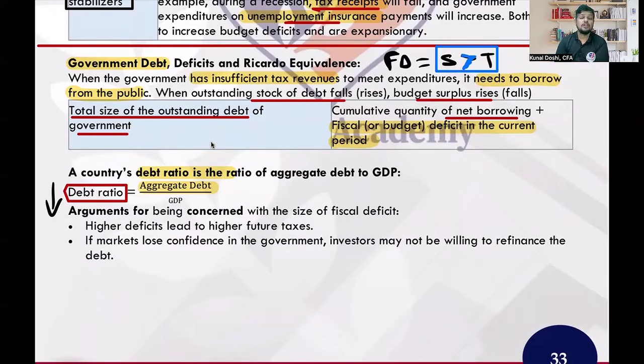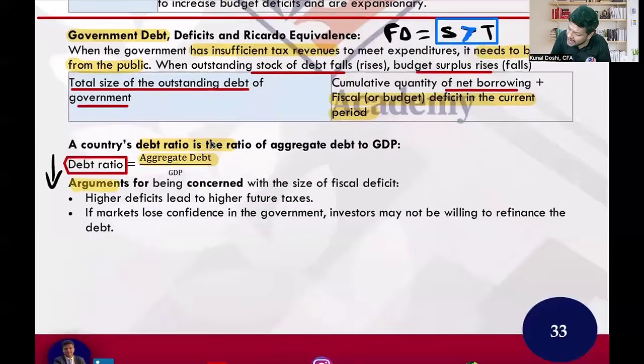Understood, everyone? Do you know most of the economies have a debt to GDP ratio above 100%? Means their aggregate debt is more than 100% of their GDP, right? But many students or many economists don't consider this as a problem. So, very important from your exam point of view, having a higher level of debt is basically due to a high fiscal deficit. Why do you have more debt? Because of the high size of the fiscal deficit.